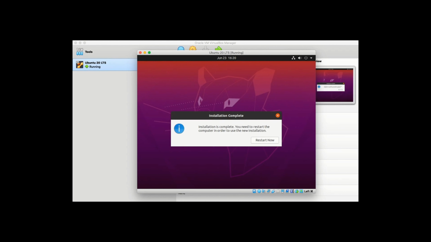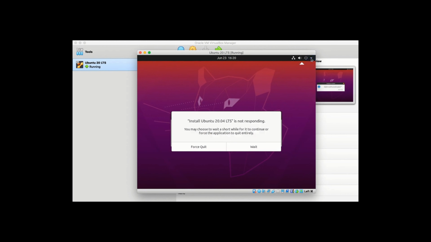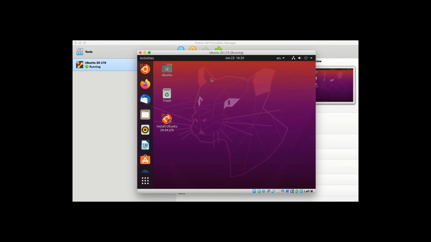Well, that was pretty fast for me, but it depends on the speed of your computer. Now we can reboot the computer, and by that I mean rebooting the virtual machine. And once the virtual machine restarts, we will directly be logged into the Ubuntu system. For those who have the CD as the first boot device, you will have to uncheck that, otherwise it will again go into booting of the disk,